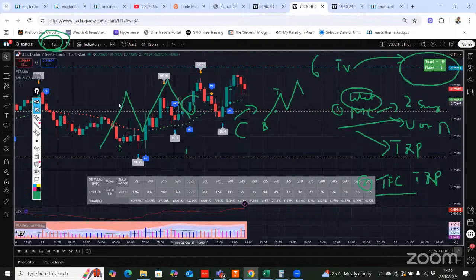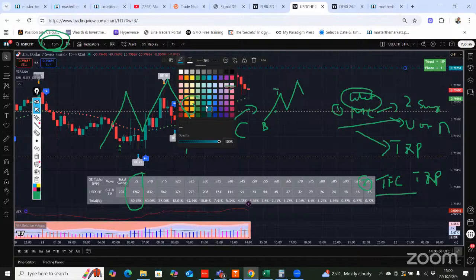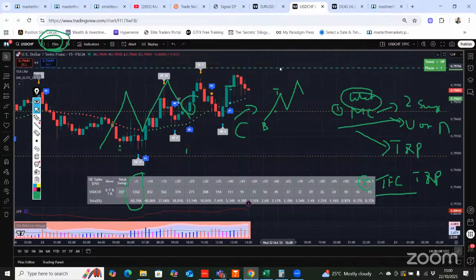So let's put this into perspective, right? What it's telling you is 5 pips from the close of this bar on the 15-minute time frame, that is 7974. The high of this still hasn't hit 7974, so it will be very near to the 7975 target. So I'll put it as a green line here, and 7974 will be just below that. You can see that to get to these green lines at 7974, there's a